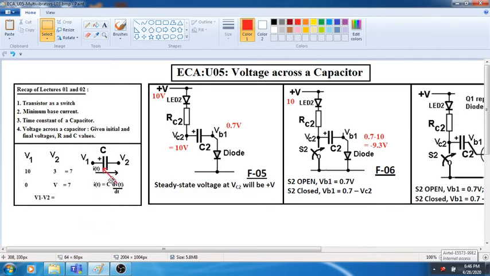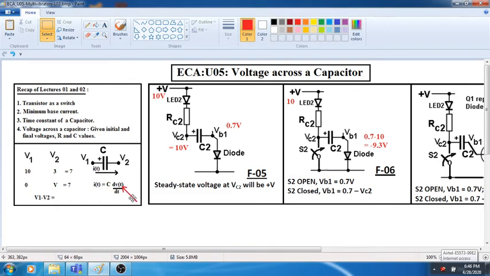Now we know that a capacitor has a relationship between current and the voltage across the capacitor as follows. You have studied this in your network analysis. What is that relationship? The time varying current flowing through the capacitor can be obtained by multiplying the value of the capacitance C by the rate of change of voltage across the capacitor with time. So i(t) is equal to C dV(t) by dt.